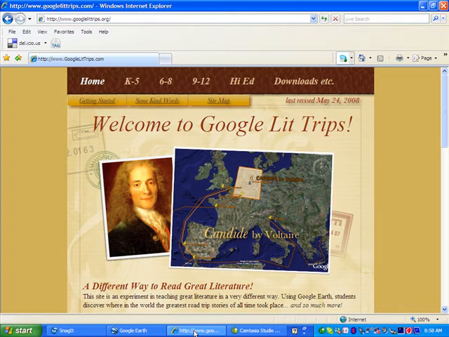But if you go to Google Lit Trips and you find that there really isn't anything there that meets your curiosities or your needs, one really wonderful potential project is to get your students together or a group of people together who are interested in perhaps population or drought or agriculture or various questions that might be historical or social science based or natural science based. And you can create your own maps, create your own Google trip. And in this case, it wouldn't necessarily be a lit trip, but it would be a layering of information and a layering of exciting bubbles and